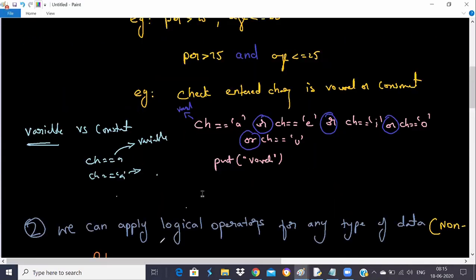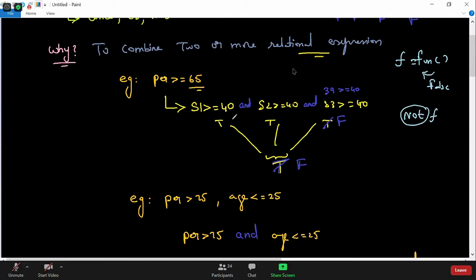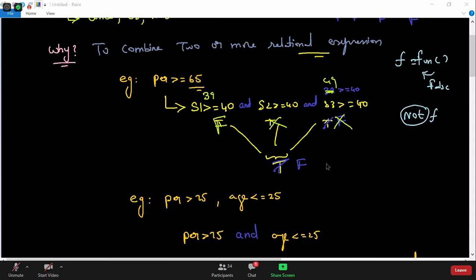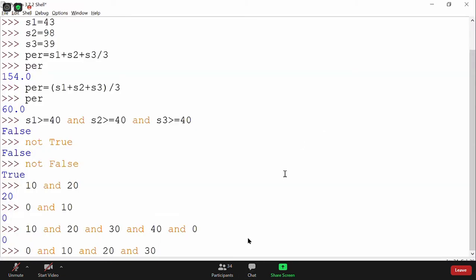Even if you have many subjects, if the first subject itself results in something like 39, and this results in something like 49, then if the first results false, it will not check the other part. So don't you think it saves time? For performance reasons, they have added this short circuit concept.